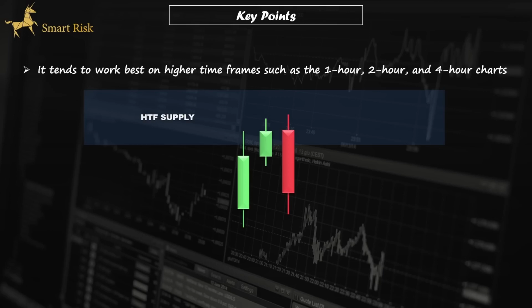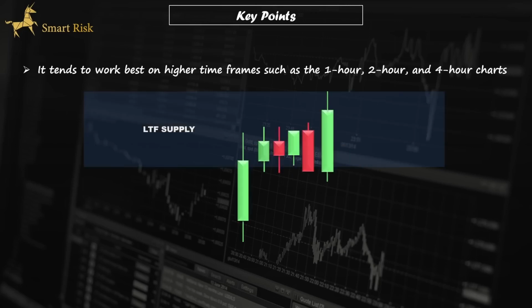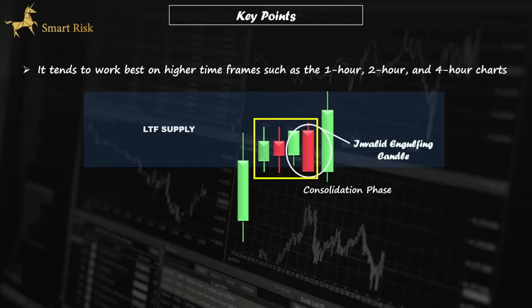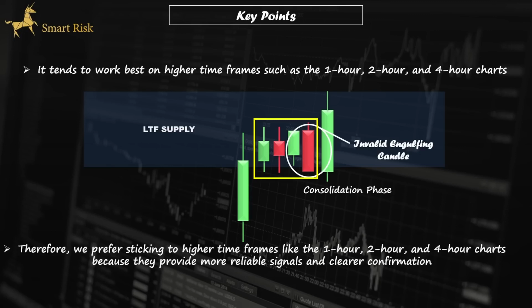However, using lower time frames may result in a different scenario. When price reaches the point of interest area on lower time frames, it often enters a consolidation phase with multiple candles as the market determines its next move. This can lead to multiple engulfing candles being formed without a clear rejection phase, and there's a possibility that price may push deeper after creating engulfing candles. Therefore, we prefer sticking to higher time frames like the 1-hour, 2-hour, and 4-hour charts because they provide more reliable